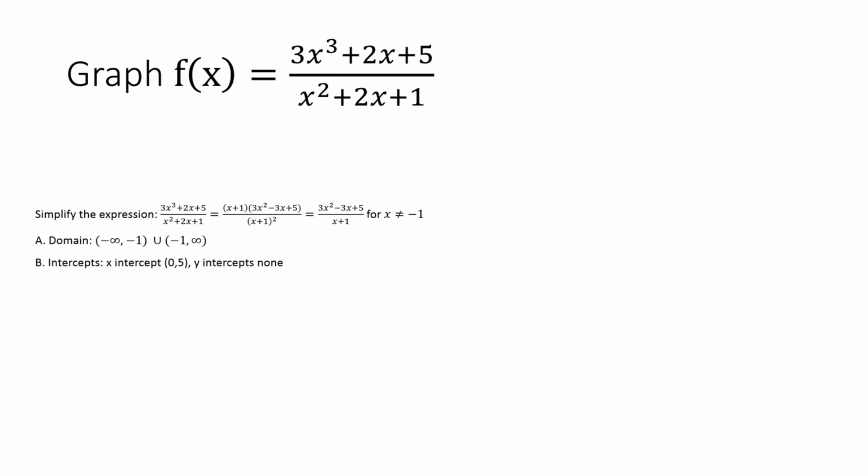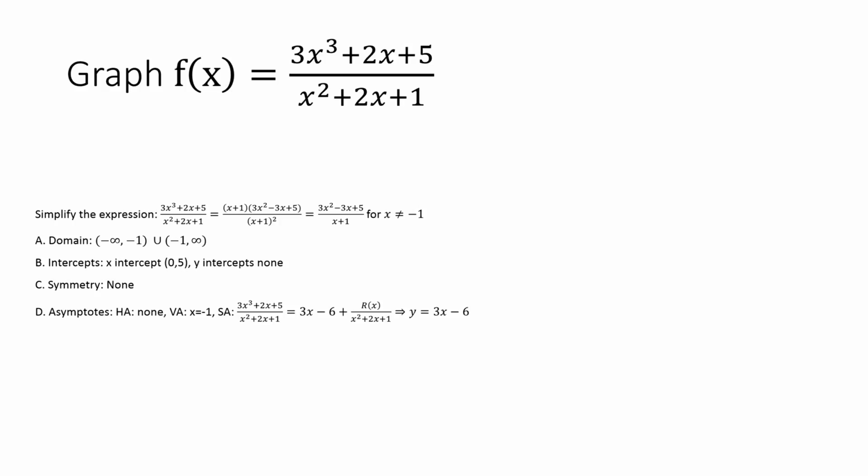The intercepts: 0, 5 is the y-intercept, and using the quadratic formula, you get that the roots of the numerator are not real, so there are no x-intercepts. Symmetry: no symmetry. Asymptotes: no horizontal. For vertical, there is one, because the denominator can be 0, so x equals minus 1 is a vertical